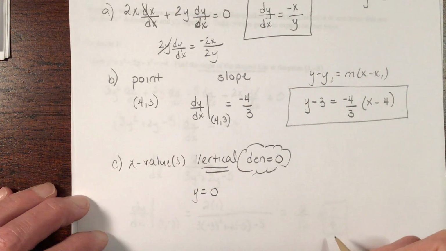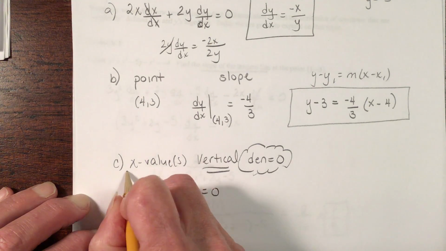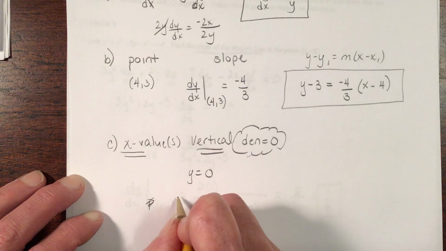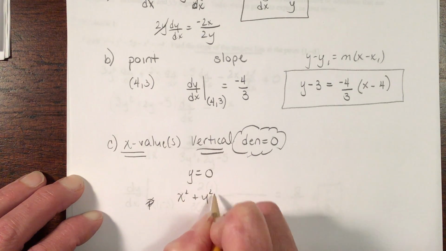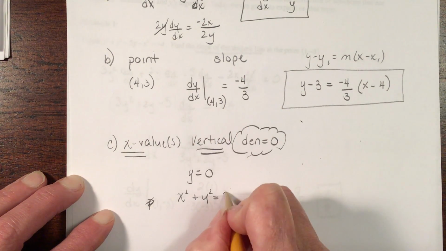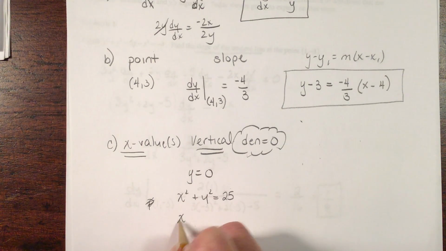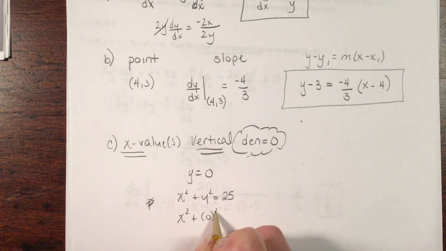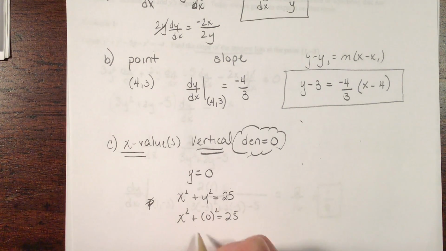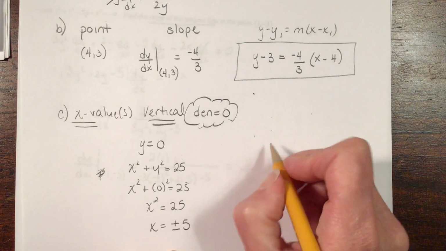That was simple. So now we need to go back in and find x, because we were asked to find the x values. So I have x squared plus y squared equals 25. We're going to replace y with 0 and solve for x. x squared equals 25, so x is going to be plus or minus 5. Now, once again, let's think about this